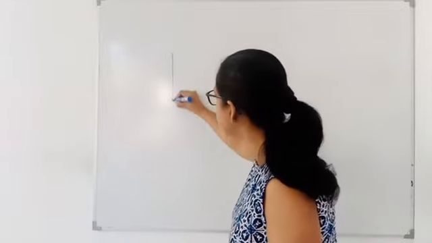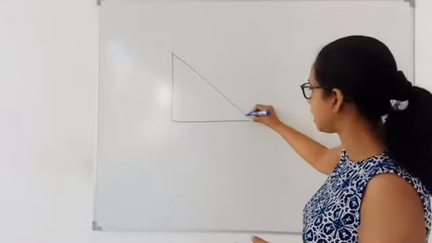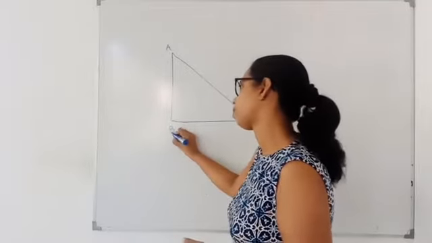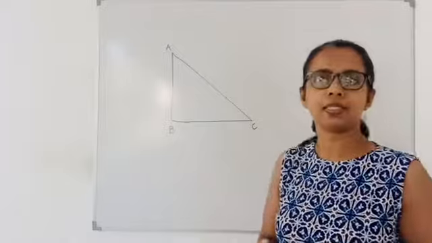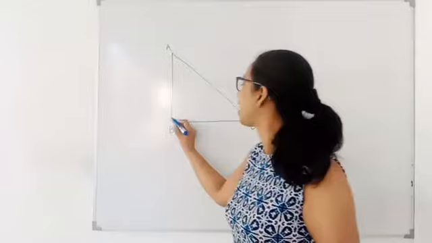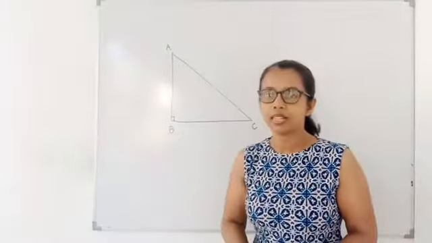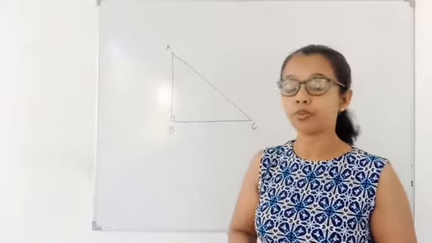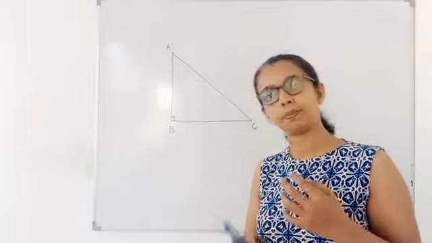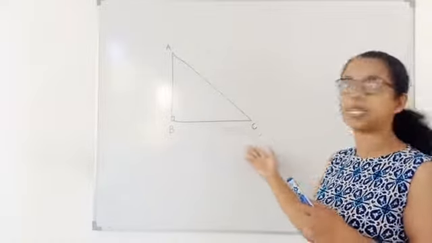Now let's say this is the right angle I have, and I name the triangle AB. Children, I told you this is a right angle triangle. Is this a right angle triangle? No, right? Why? Because I have not marked the right angle. Till then it's just a triangle. It is not a right angle triangle. So be mindful of these things, children, when you are dealing with these 2 concepts, trigonometry and the Pythagoras theorem. Now I have a right angle triangle.